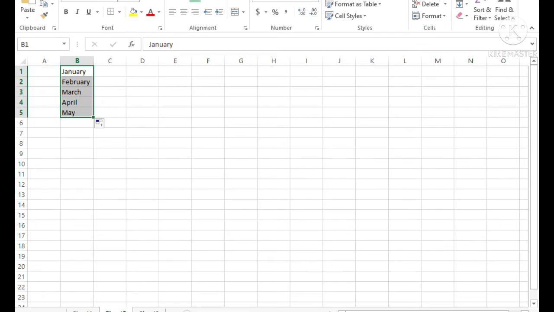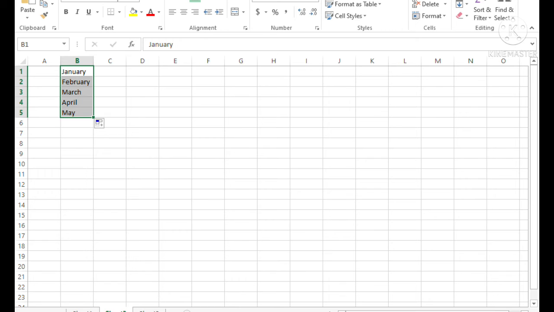So position the pointer at the lower right corner of the cell. After that, hold down the left mouse button and drag the fill handle to cell B5. When you release the mouse button, you can see the months February to May appear in cells B2 to B5.